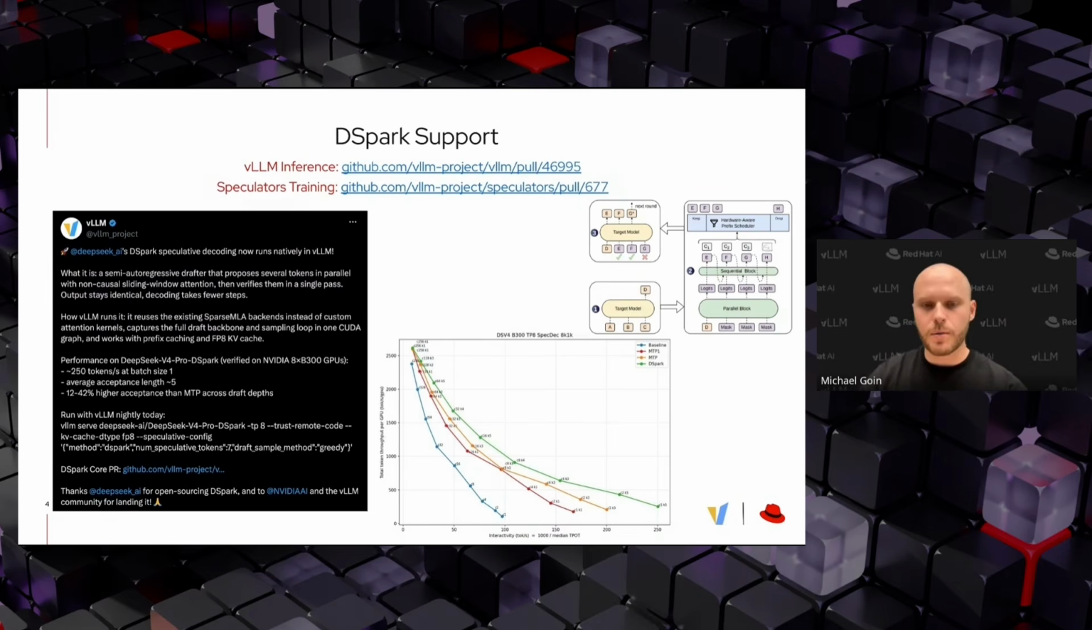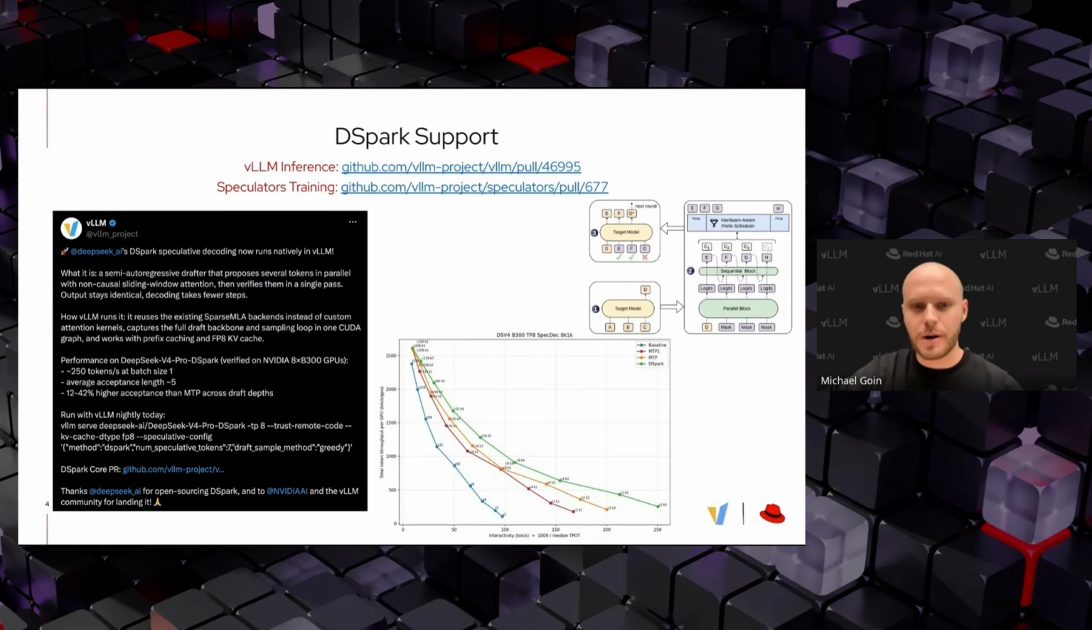We still have more work ongoing. We are still working on the confidence-based pruning or truncation of tokens, so having dynamic numbers of speculative tokens in the running batch in vLLM. But yeah, we're very excited to start training more DSpark models ourselves and tuning their performance in vLLM even further